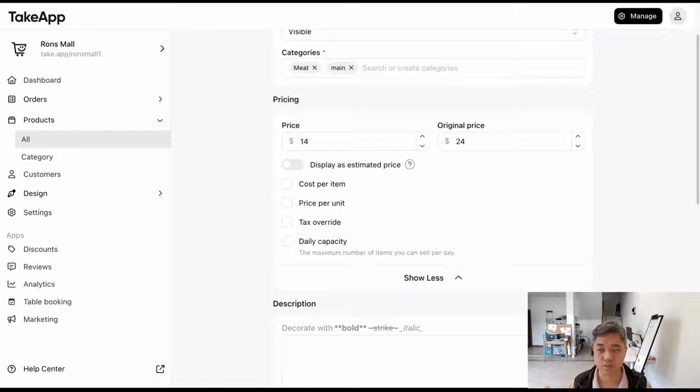Another possible use case of this estimated pricing is grocery. In many cases you are selling meat, but meat is not always 1 kg, right? Sometimes 1.2 kg, sometimes 900 grams. So you cannot do the actual pricing. In that case, you can use this estimate price, and then once the customer places the order, then you can say